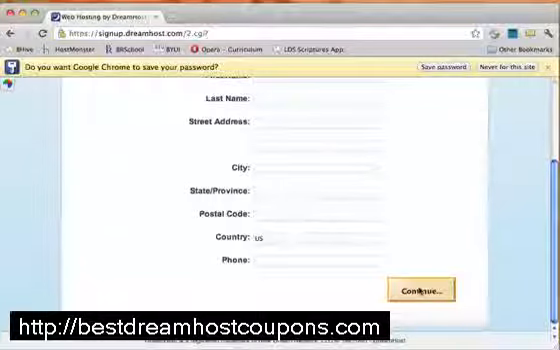Now, I'll just mention that DreamHost does have coupon codes that you can find out on the internet that will reduce these prices. But those coupon codes are only good for the first year. Once the year is out, if you chose to keep hosting